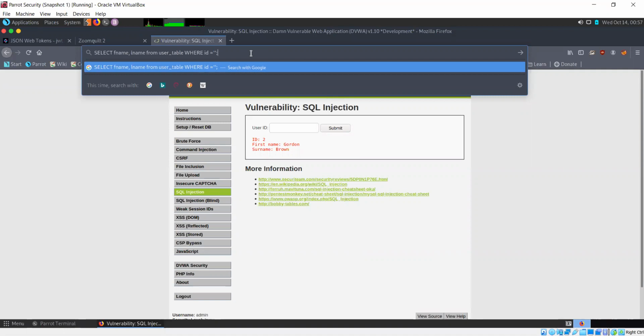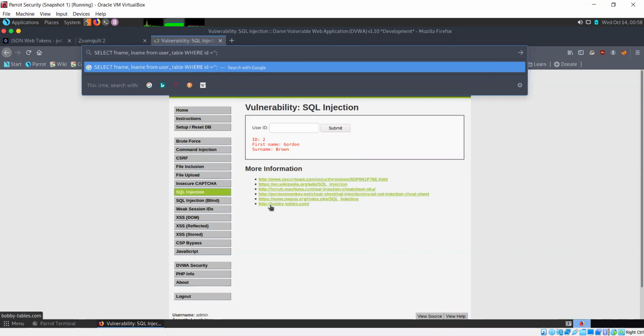Whatever ID value I specify goes between these single quotes. So if I specify 2, I'll get these results. It will show me the first name and last name. If I specify 3, 4, whatever I specify, it goes here.